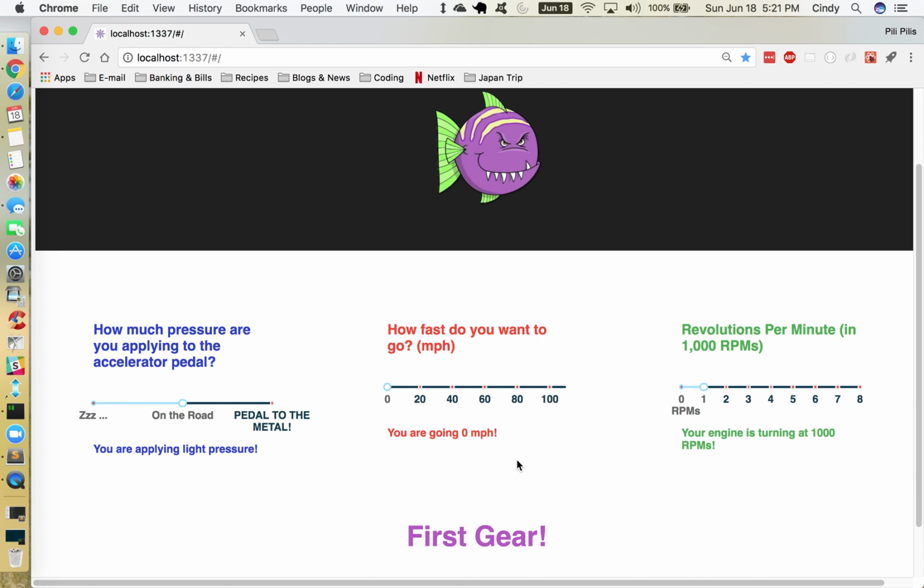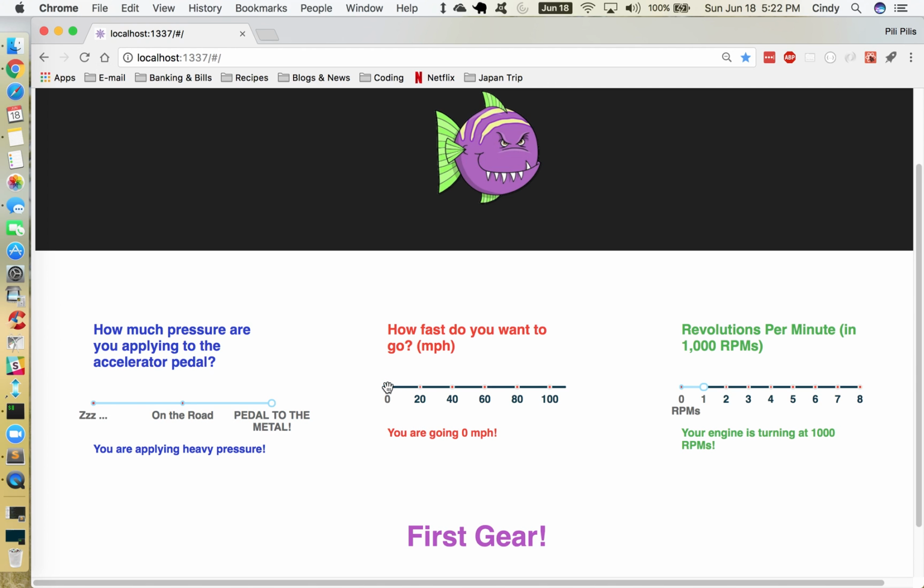So we'll see, if you're applying light pressure, you'll be able to change gears. And every time you change gears, the RPMs go back down to about 1,000. So it should happen around right there. Because the point in upshifting is to decrease the revolutions per minute at which your engine is spinning, to sort of give your engine a break, not to do so much work. And those are different numbers depending on whether you're applying light pressure or heavy pressure. So if you have heavy pressure here, you should be able to stay in first gear for a lot longer. Yep. And then to third gear